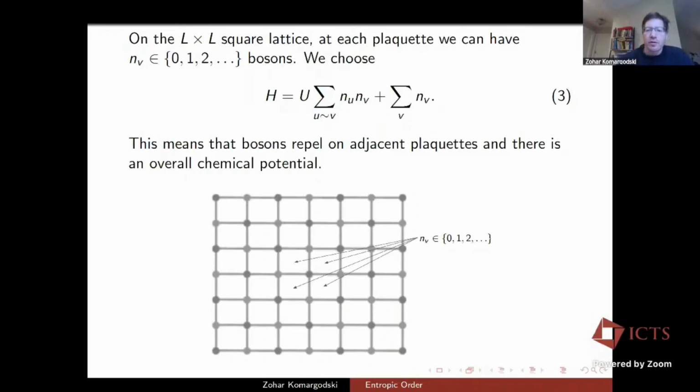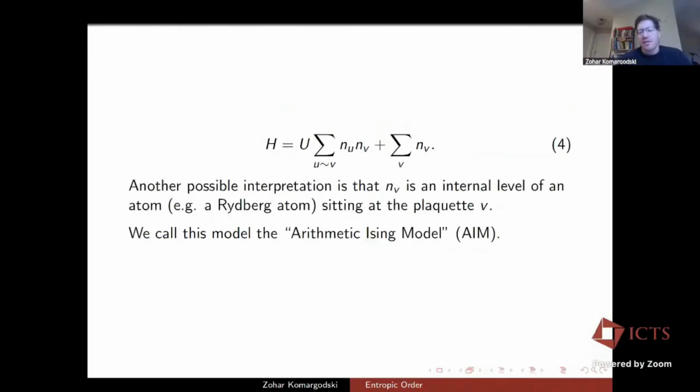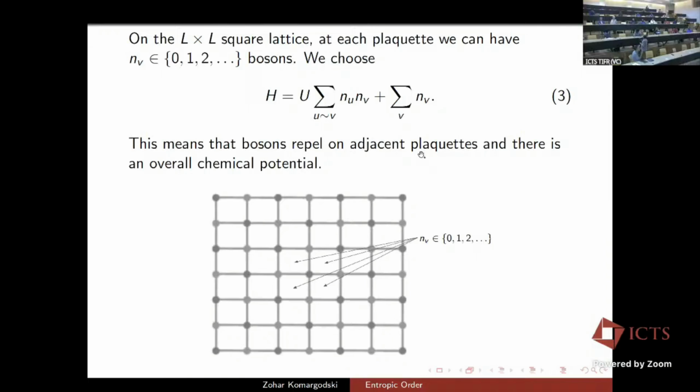Okay, so the model is simple enough. As I said, we don't know how to interpret. Wait, yes, there is a question. The question: is it important that bosons live on plaquettes and not on sites? Oh no, it's absolutely irrelevant. In fact, in the paper, they live on sites. It's just that when I drew these arrows, it was easier for me to have the arrows hit the plaquette. So I decided to put the bosons on plaquettes. It's insignificant.